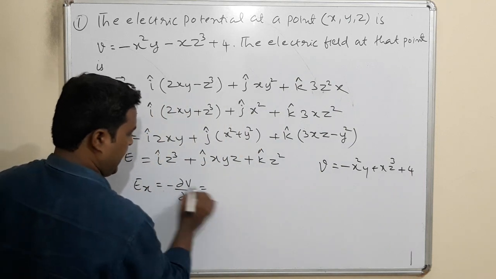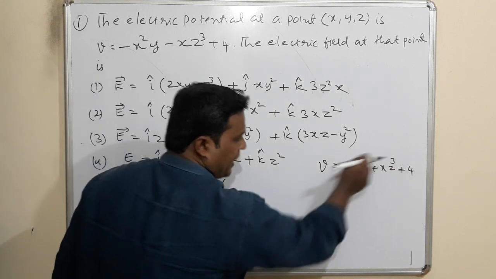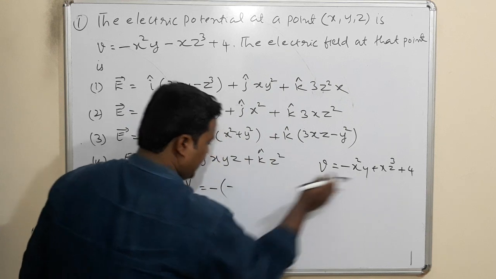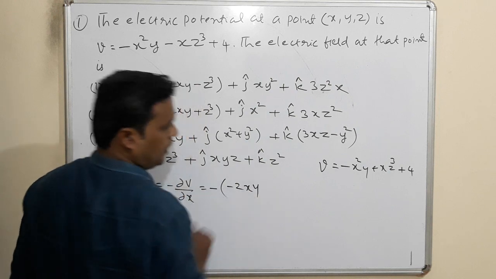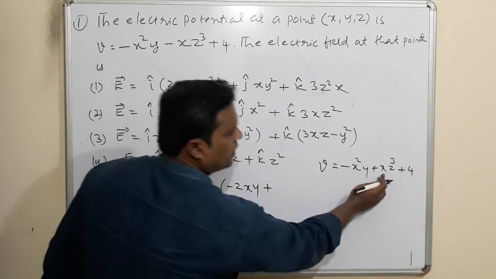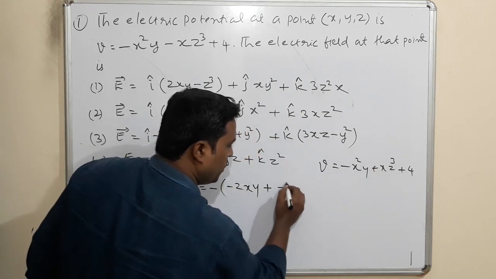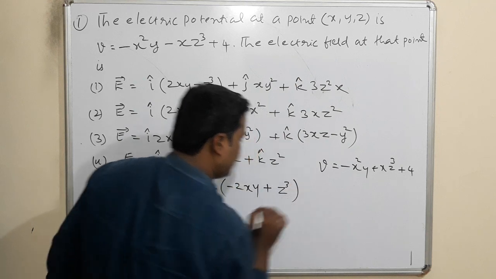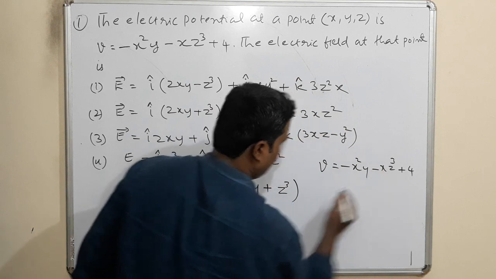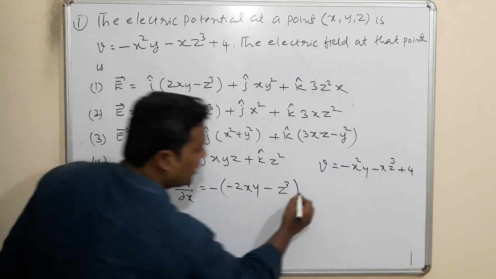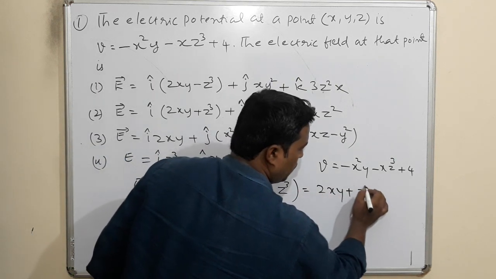See, this is negative, this minus I put it here. If I differentiate this with respect to x, y will be constant. Differentiation of x square is 2x, y is constant, I will write y. Plus differentiation of x is 1, don't write it. z cube is constant, 4 is constant, its differentiation is 0. Okay, this sign is minus. We'll take it as minus like this. Then if you multiply this, open this bracket, this will be 2xy plus z cube.